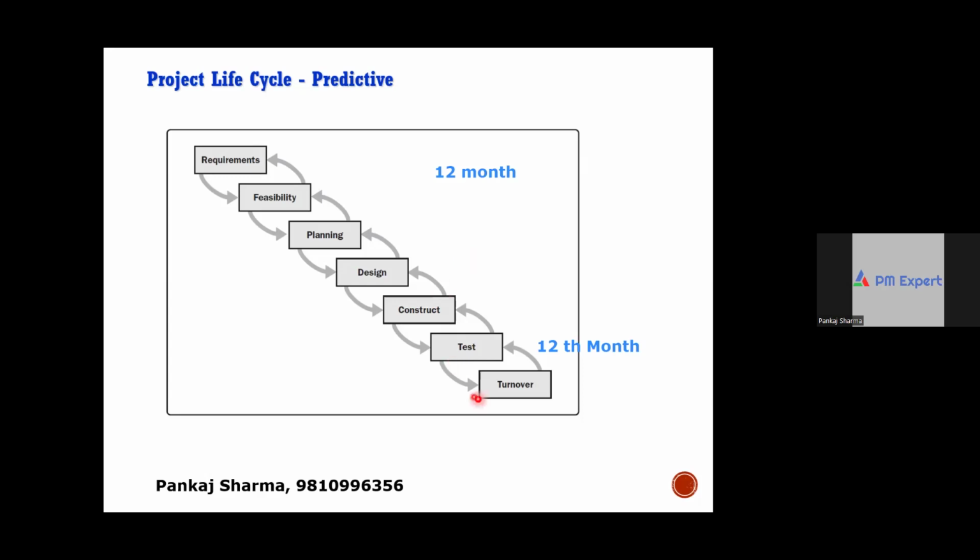We can share it once again. The first thing in the waterfall model, or predictive model, is that I'll do requirements for the entire system. I'll do feasibility for the entire system. I'll plan scope for the entire system. I may be creating a work breakdown structure for the entire system. I'll do design for the entire system, then start building the entire system at a go, right?